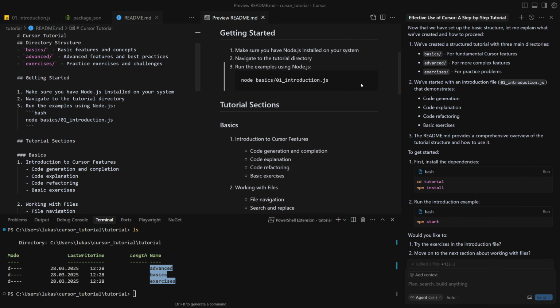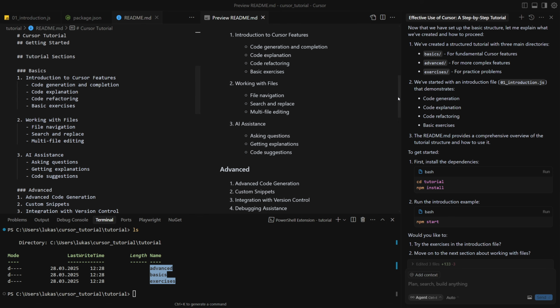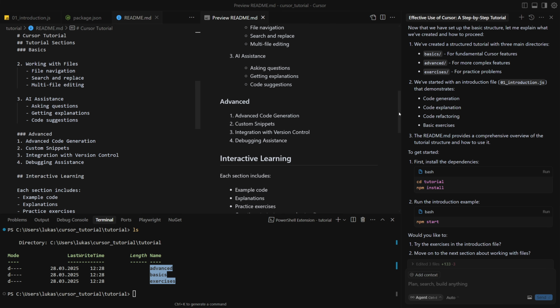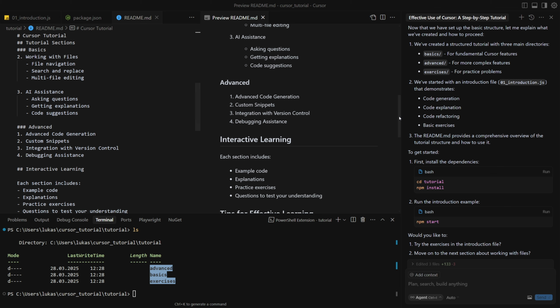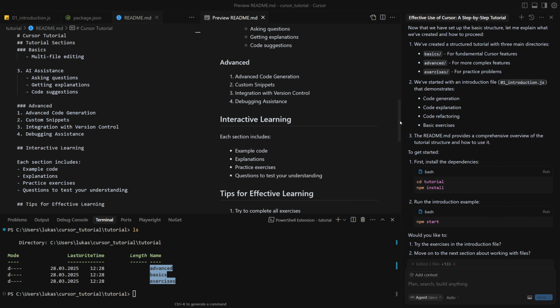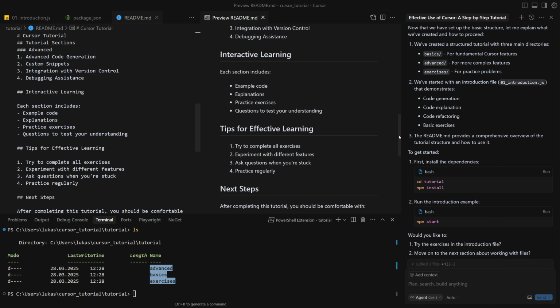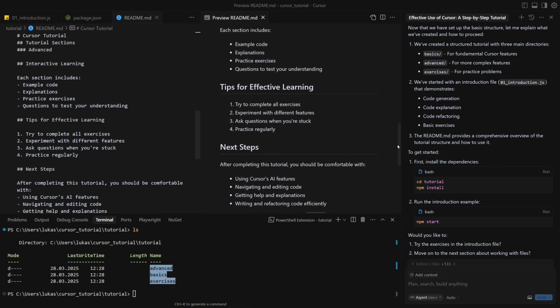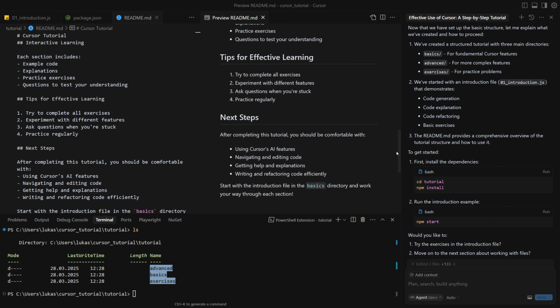Okay, so we have working with files, file navigation, search and replace, multi-file editing, and AI assistance, which I'm the most curious about. Asking questions, getting explanation, code suggestions. Nice. An advanced section is about advanced code generation, custom snippets, integration with version control, and debugging assistance. Okay, interactive learning. Each section includes example code, explanations, practice exercises, questions to test your understanding. Nice. And we have some tips for effective learning,